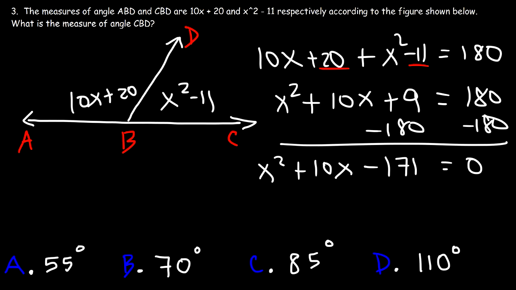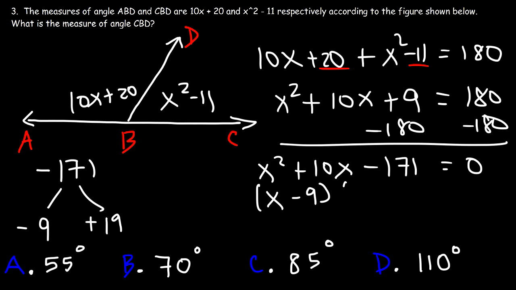Now what do you think we need to do to calculate the value of x at this point? We need to find two numbers that multiply to negative 171, but that add to positive 10. We need to factor this expression. Two numbers that multiply to 171 are 9 and 19. Now, for these two numbers to add up to 10, we need to use negative 9 and positive 19. So to factor the expression, it's going to be x minus 9 times x plus 19,